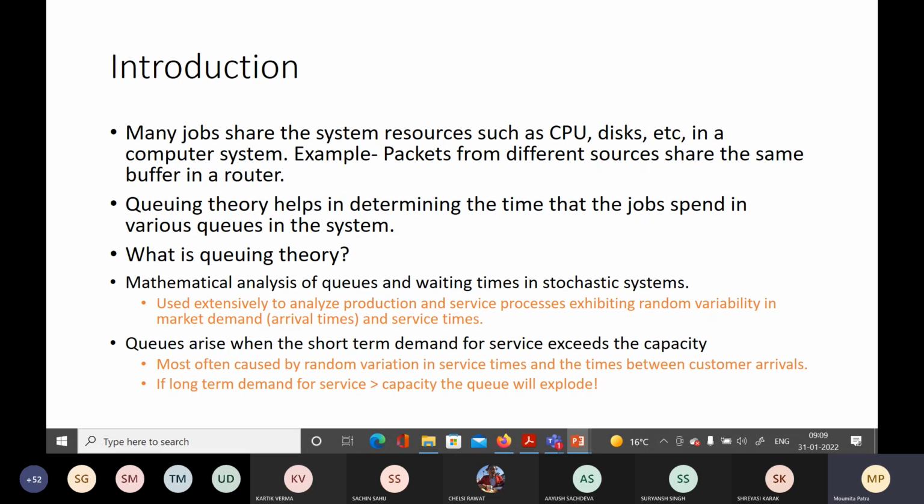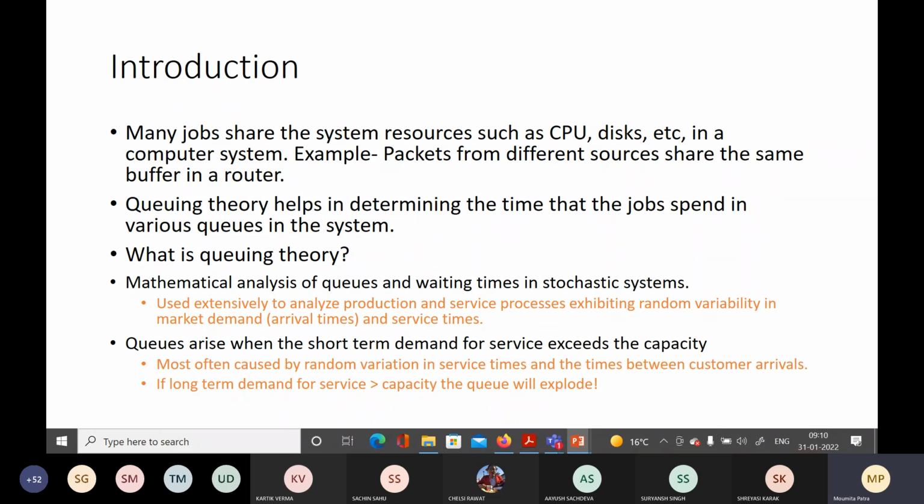Or more so, the traffic is actually congested. First, if the traffic is congested, only then will the queue be made. Once that is done, you will have issues related to the speed of the switch fabric, the line card capacity, etc. Those will determine how long the packet has to wait until it goes out of that particular router. That is one example you can think of from what you have studied currently.